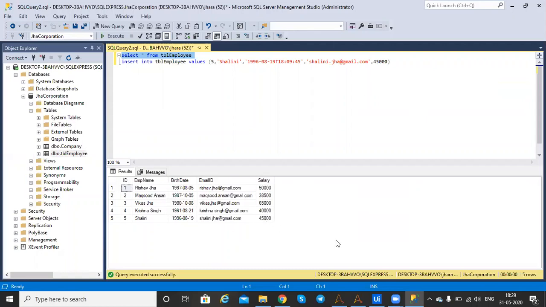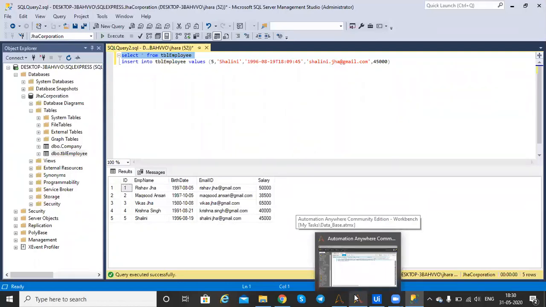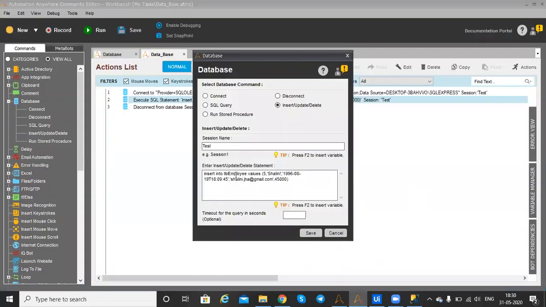If we want to change the data, like the name, date of birth, email ID, or salary, for that updating purpose we have to use update.